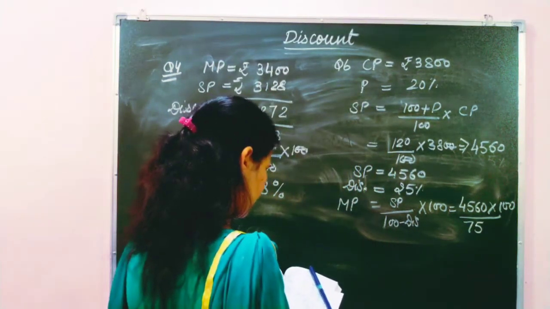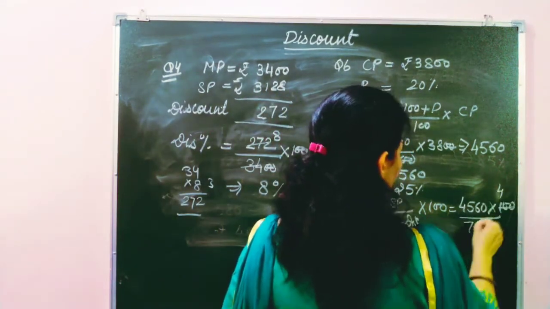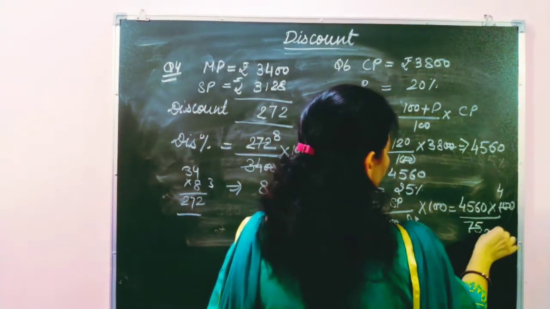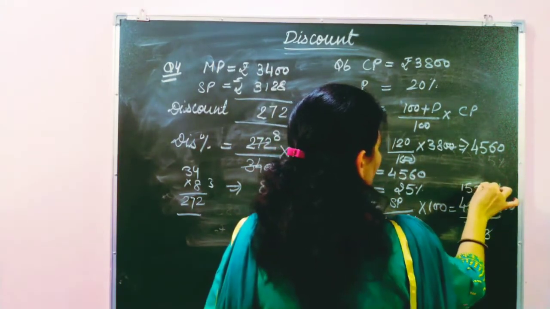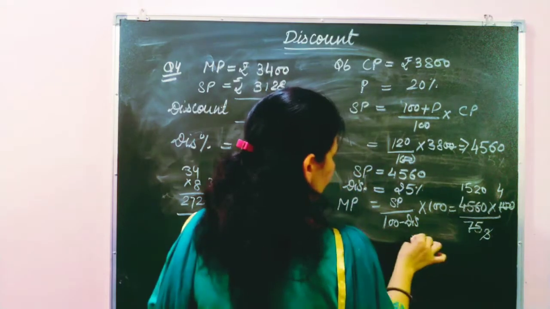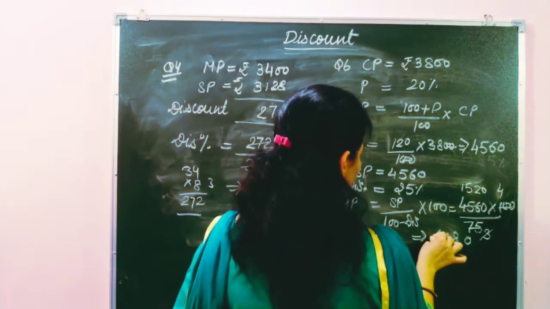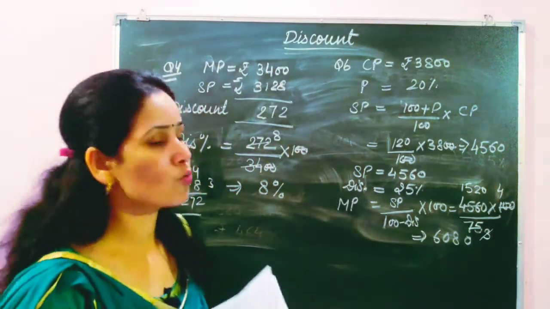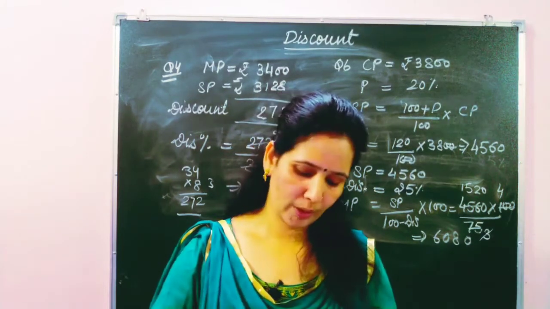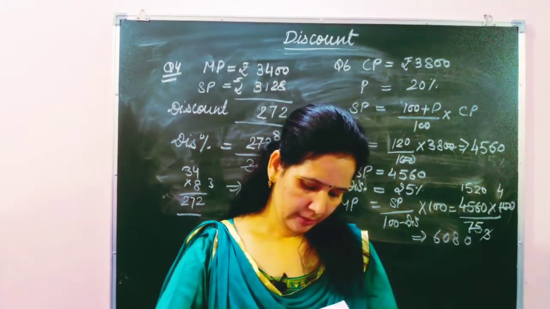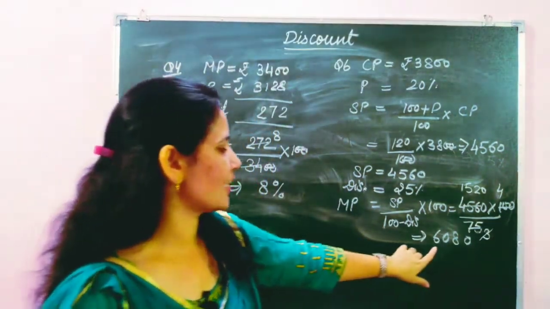And students, it cancels easily. If we cancel this, 25 4 times is 100, 25 3 times is 75. Then 3 1 is 3, 3 5 is 15, 3 2 is 6 and 0. So from here we get 0, 4 2 is 8, 20, 4 1 is 4, 6. That means rupees 6,080 is the mark price. That is a ceiling fan. The mark price of the ceiling fan is rupees 6,080.